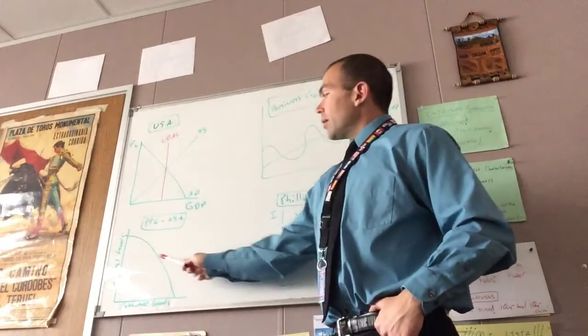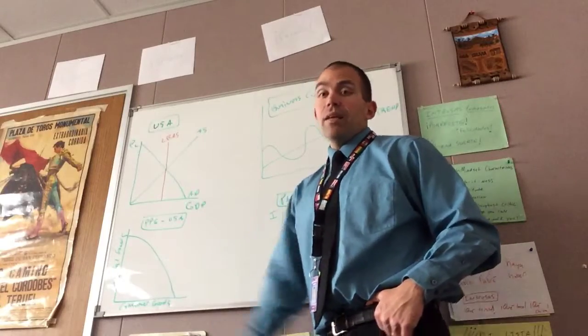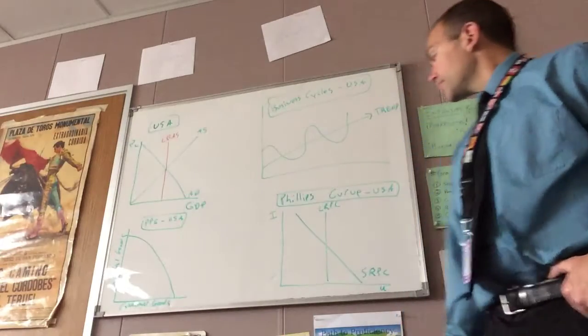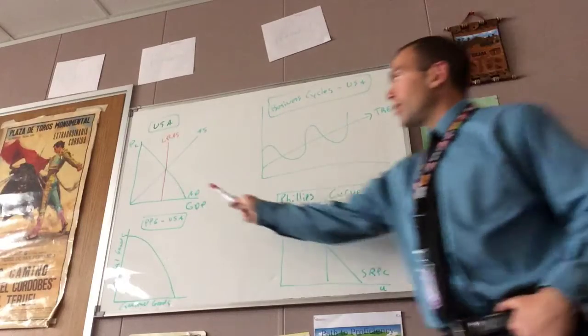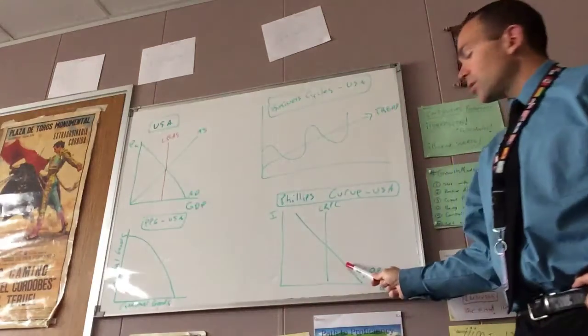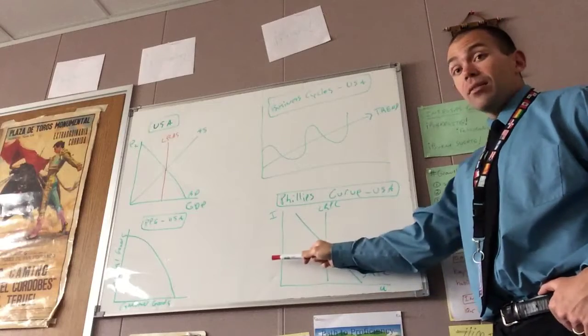Where's that going to be here? It's going to be inside of our production possibility curve. Okay. Where's that going to be on here? Well, that's a recessionary gap, so it's going to be right here because we have a high level of